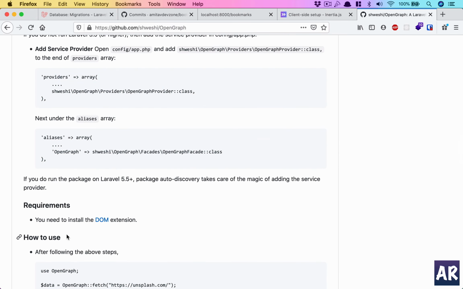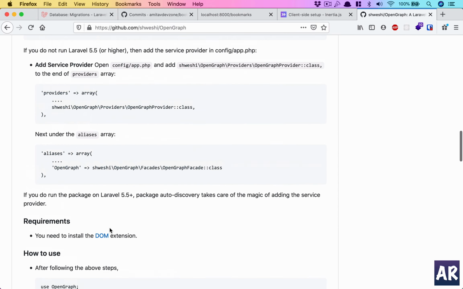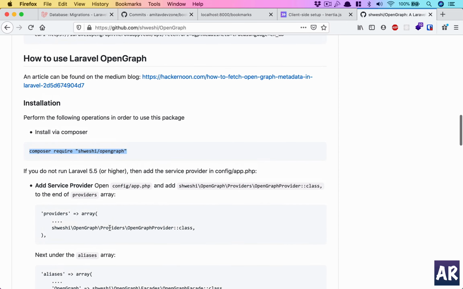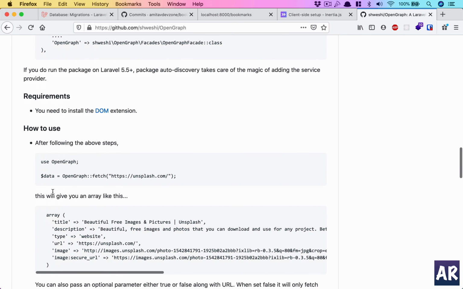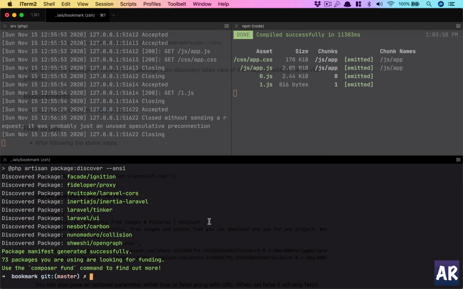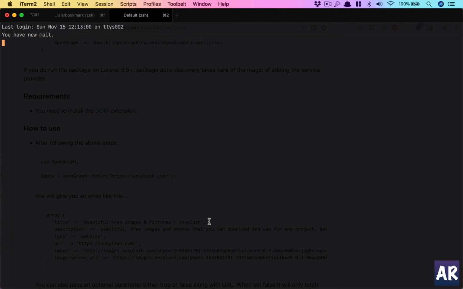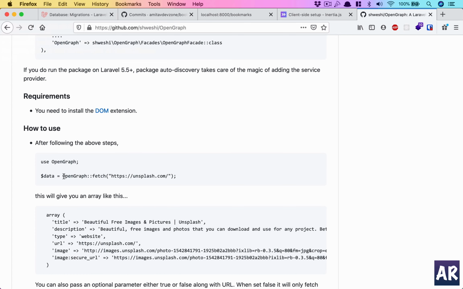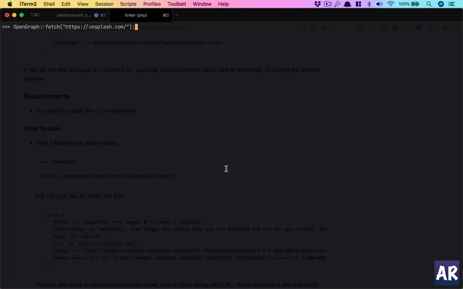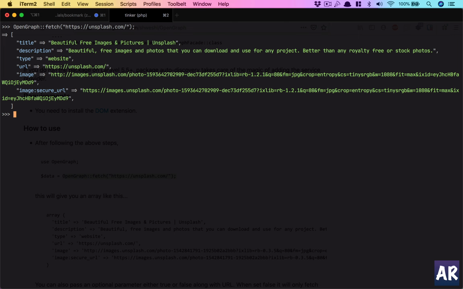Okay, you need to install the DOM extension. Okay, I hope I will be able to run this. So why don't we do one thing? Let's open up Tinker and first try it out. I like the idea of trying out things with Tinker before you are actually writing any code. So I copied this, and let's see if this works. All right, it does. So I am getting this information, which is pretty exciting,